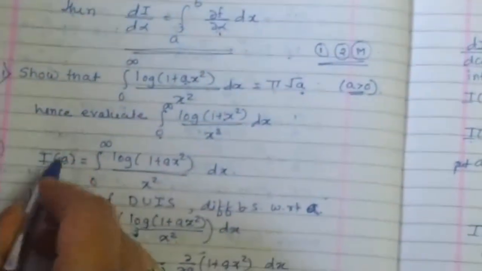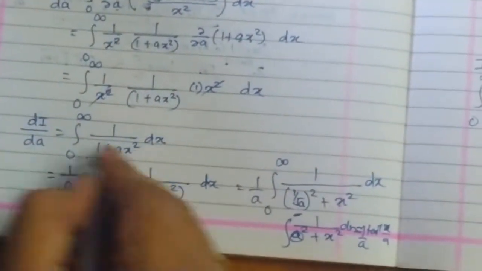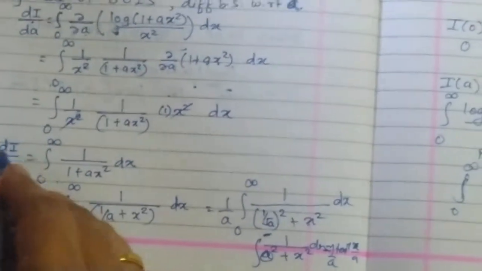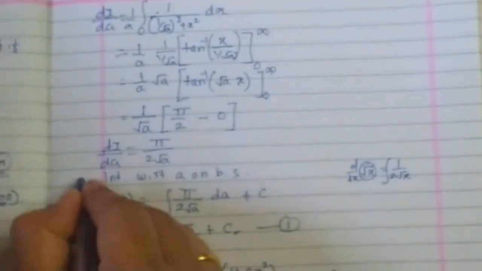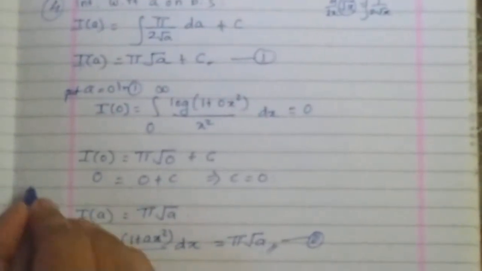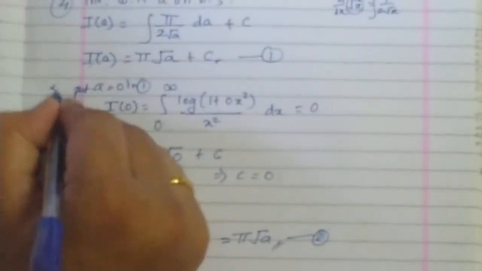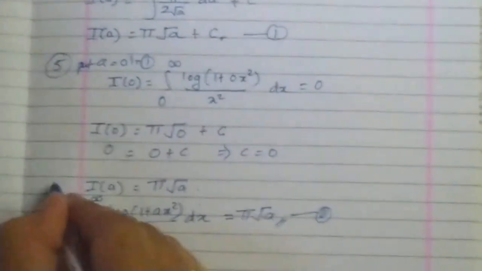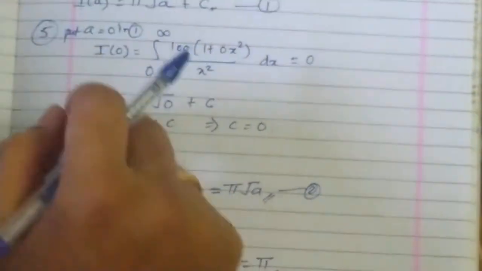So now there are major steps. One is this, define I of A or I of alpha, whatever the parameter is. Second is apply the DUIS. Third step is solve the integration which is present on the right hand side of this dI by dA. Next is now come in a reverse direction, that is the integration part. Okay, then find the value of c by making some substitution here, that is finding the integrating constant. You get your result. So you have to remember these 5 steps. I suggest you can solve many other examples whichever available for you.